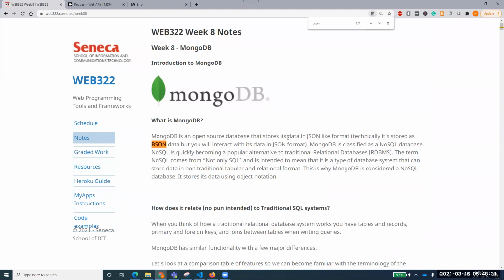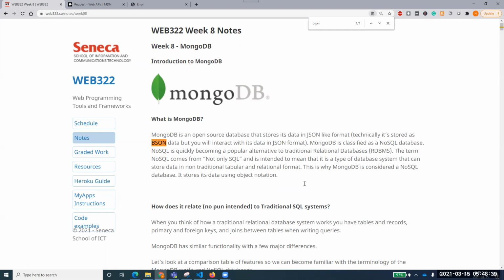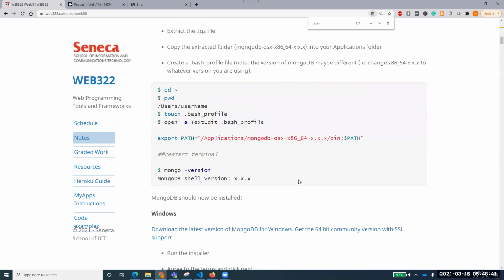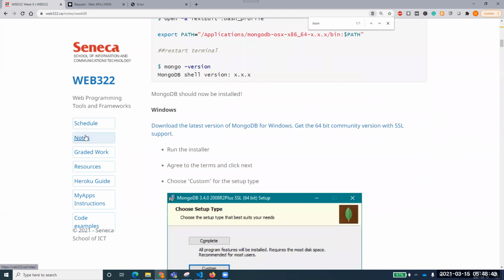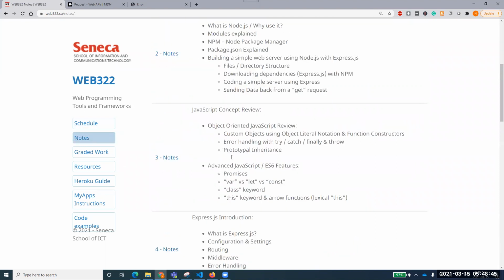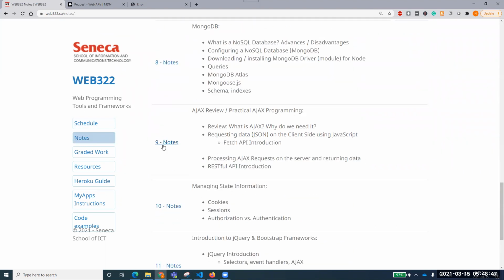So technically, it's stored as BSON data. Of course, it's more like the JSON one, but it's BSON, binary JSON. As I said, the syntax is the same as JSON, but it's BSON data. Remember that.